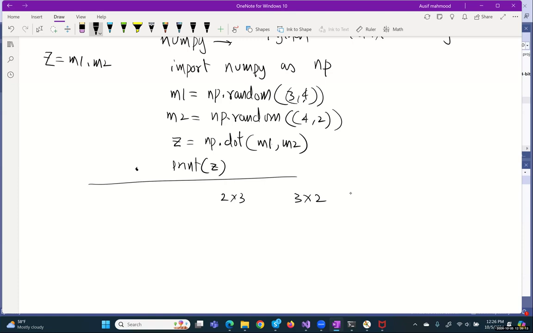So you can create a list, let's say L1 equal to 1, 2, 3, 4, 5, 6, right? And then you can say M1 equal to